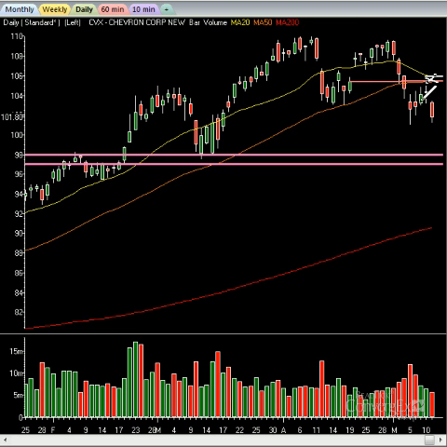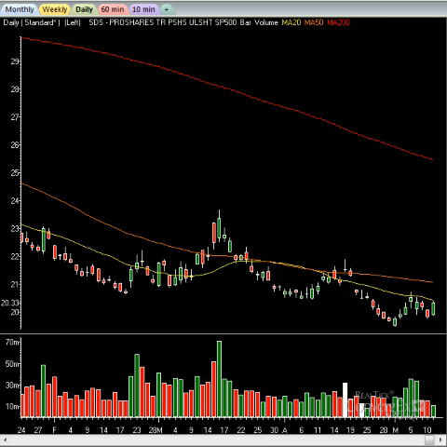Well, you know what? It didn't quite get there. And that's the breaks of the game. That's what happens as a trader. You set yourself up for beautiful patterns. Sometimes they don't work out. That's fine. I'm still holding the SDS, folks, on the long side, which is 2 times short the S&P 500, and I'm making money there. So as long as you got some exposure, who cares? You're going to miss trades along the way. That's just the nature of the game. And the faster you understand that, the faster you move on to the next trade and make more money.